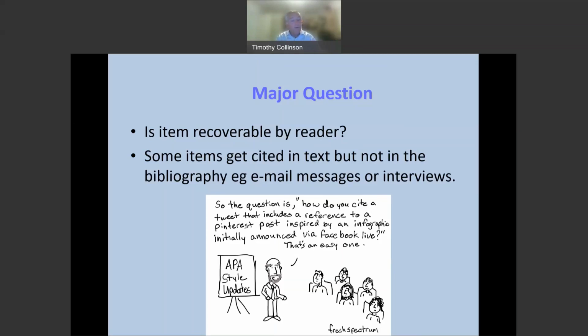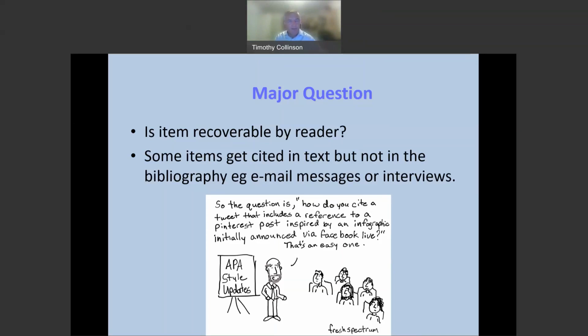And you may be wondering what the difference between a bibliography and a reference list is. Well, a reference list is, as I've just said, everything you've actually cited in your text. A bibliography, if you want to make the distinction, is everything that you've read. And generally, you won't be asked to produce a bibliography. You'll be asked to produce a reference list. So if your lecturer is making a distinction between those two, that's what's going on there.